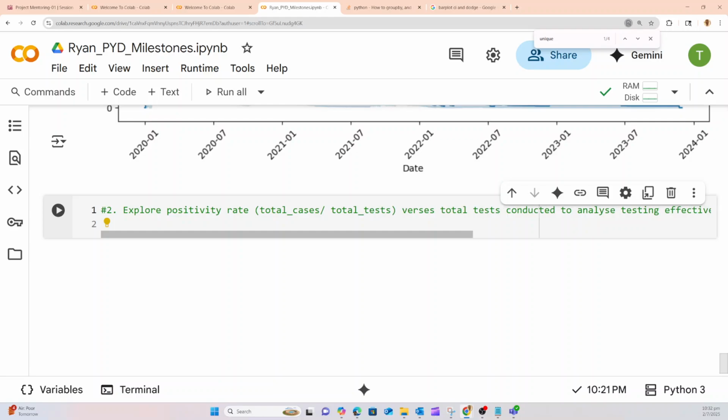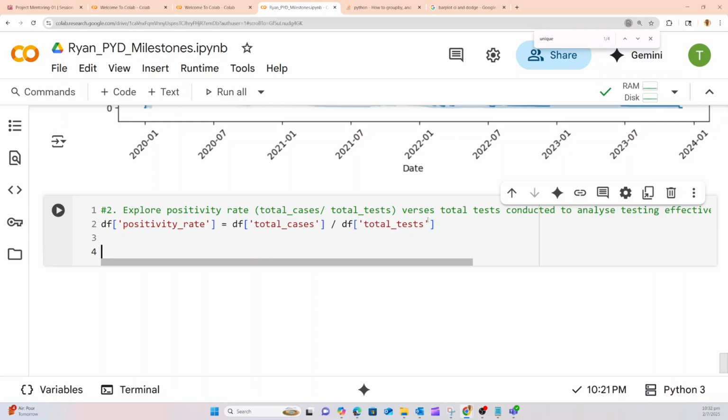Then after that, we're going to create the new data frame. And after that, create a new column in the data frame. So we don't create a new data frame, but create a new column in the data frame, the positivity rate. For that, we're going to create a scatter plot for showing this.